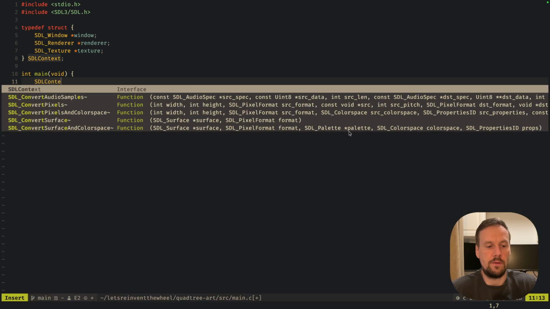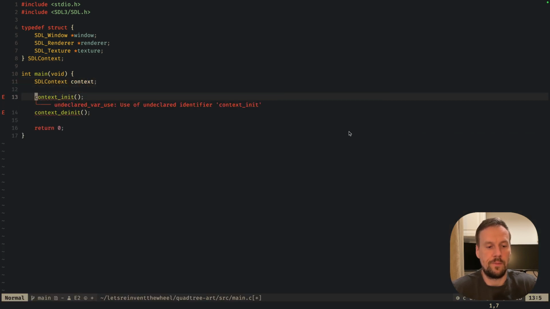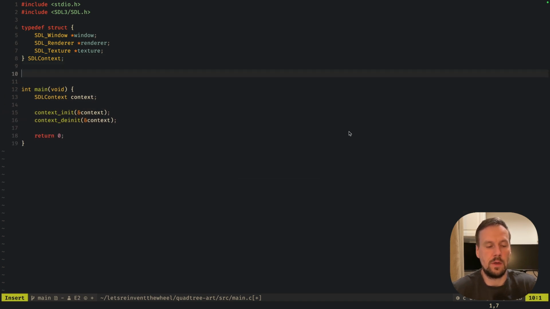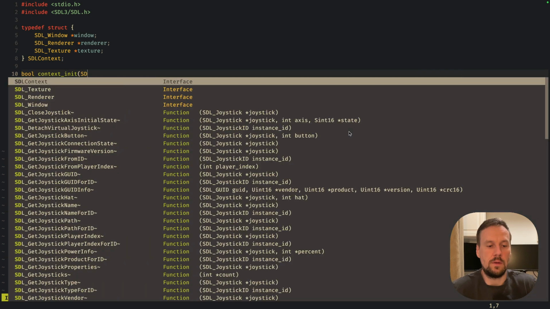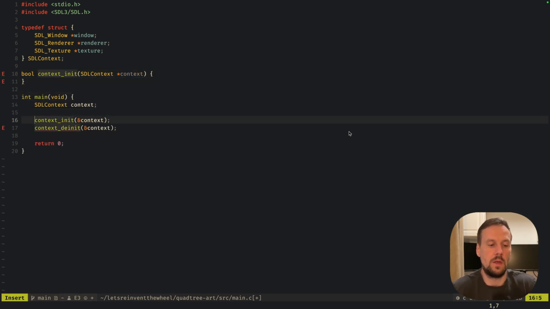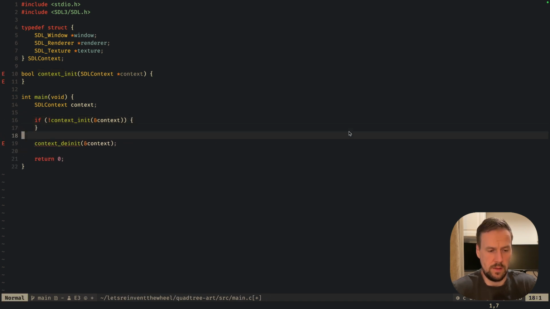We will have initial context created. At the start, we will pass the pointer to our methods, and let's see how they will look. First of all, initialization might fail, so we might as well introduce the result type as bool. Context init, given our SDL context as pointer, we can instantly say that if this init method fails,